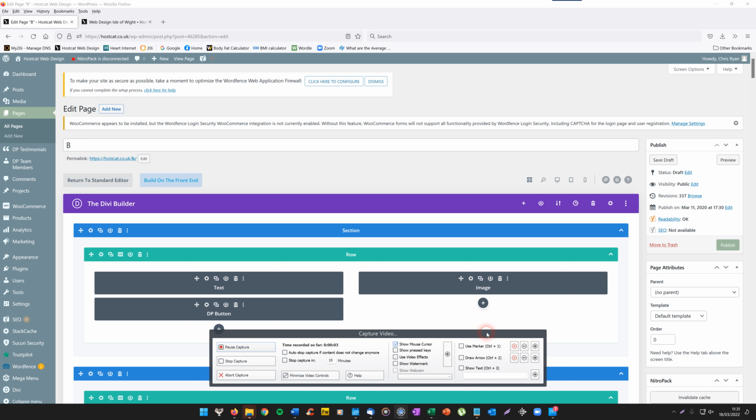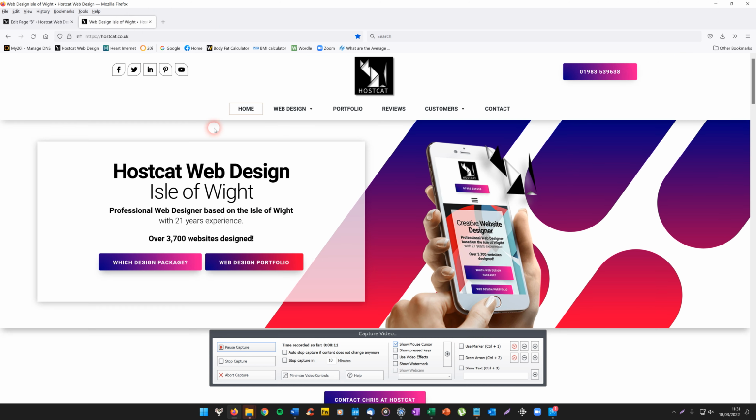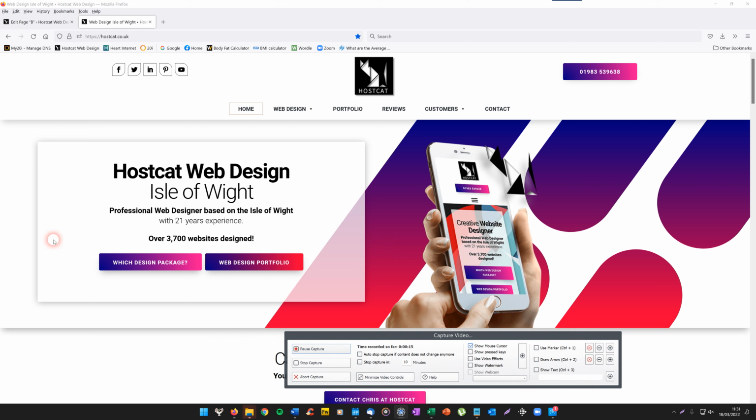What I'm going to do today is show you how to change background images. If we have a look on the front of my site, I've normally got a background image here. A background image is normally in a section, so it goes from one side of the screen to the other. That way you can put other elements on top of it, other modules like text modules and things. I've actually done a pattern here, which is a new thing with the Divi Builder, but I'll show you